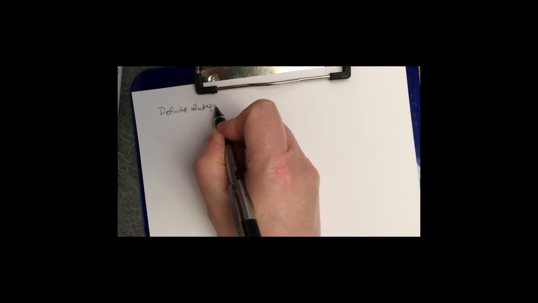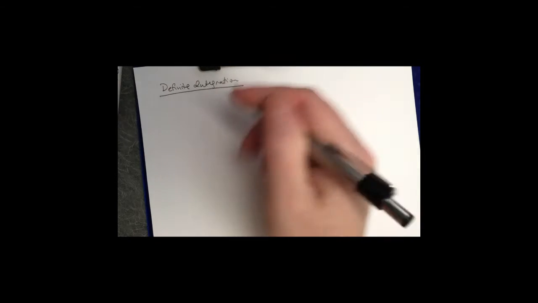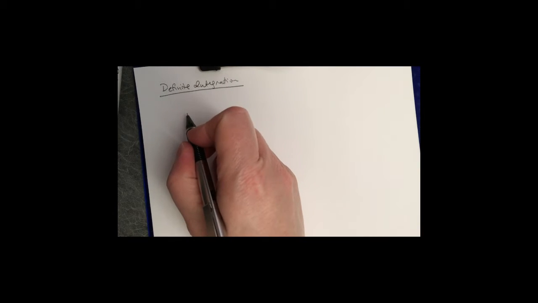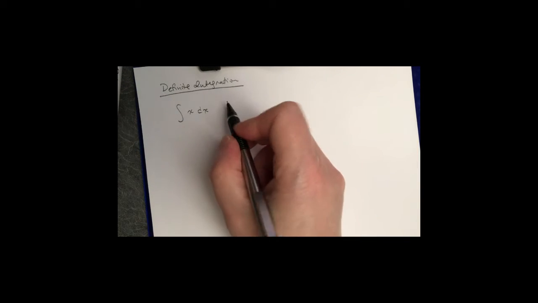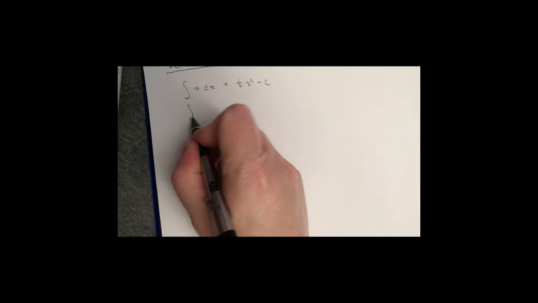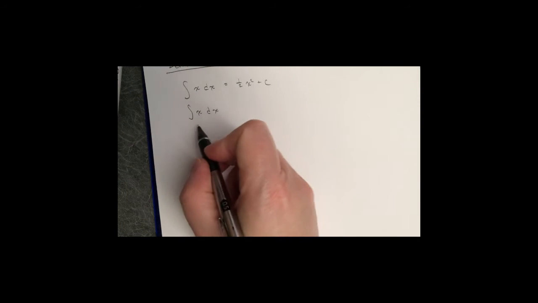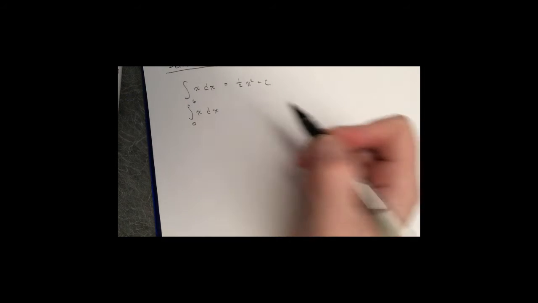Okay, so this is a calculus thing, and the idea of definite integration. So indefinite integration is something like this. If I say the integral of x with respect to x, that's 1/2 x squared plus some constant of integration. But if I say the integral of x dx, and I put some limits on it, maybe 0 to 6,